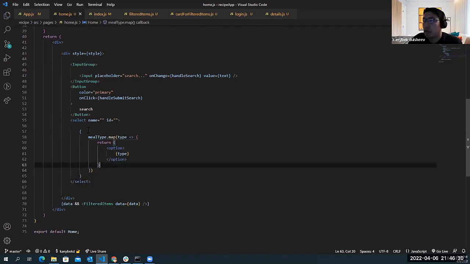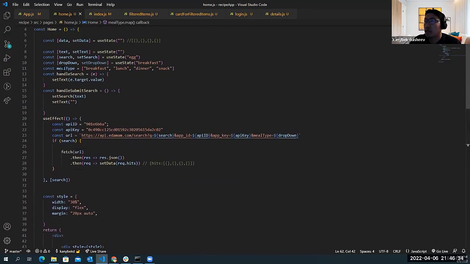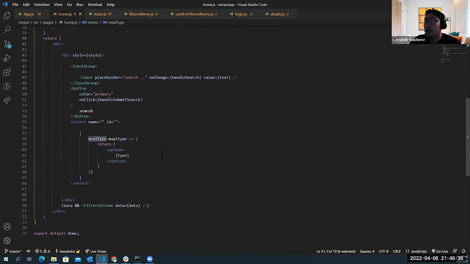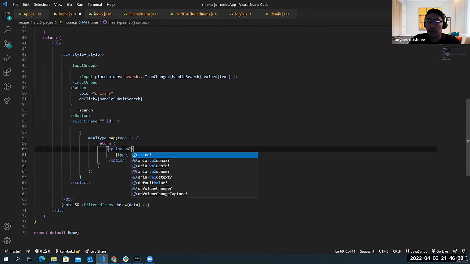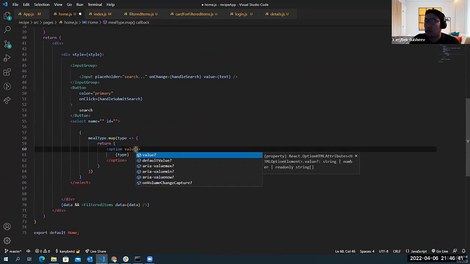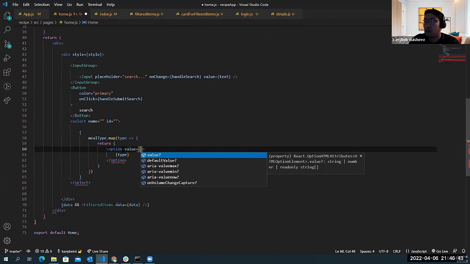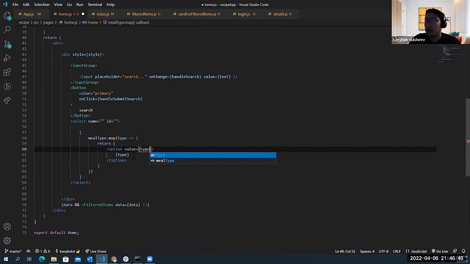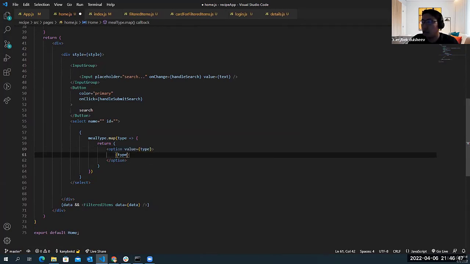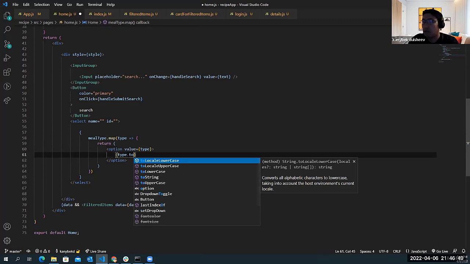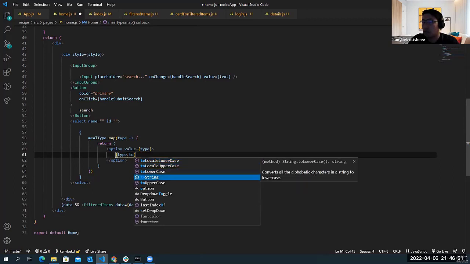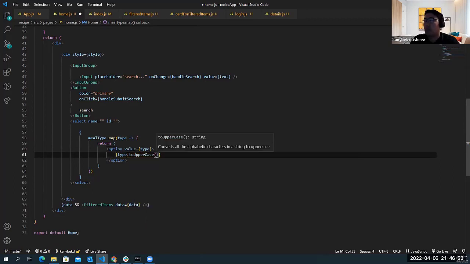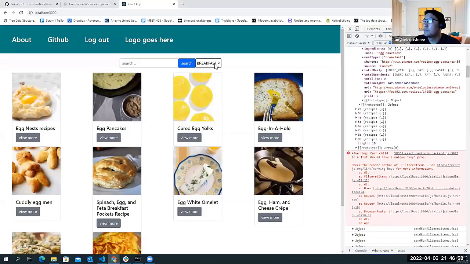Now this select will have as many different options as we have meal times. And of course the value would be equal to this type. And then the title we can make uppercase. To uppercase. Say the value would be type. Yep. Now we have different